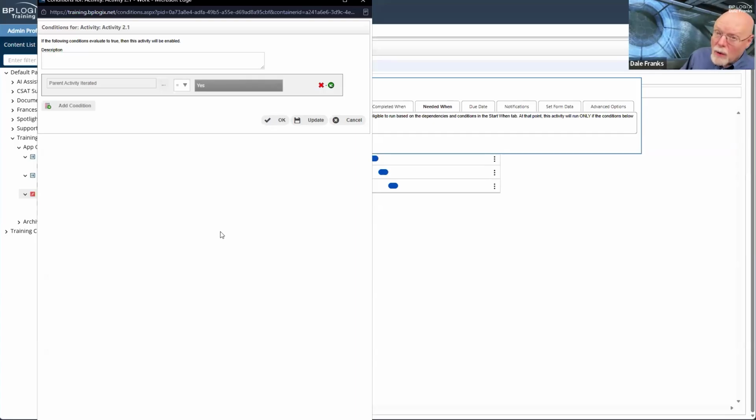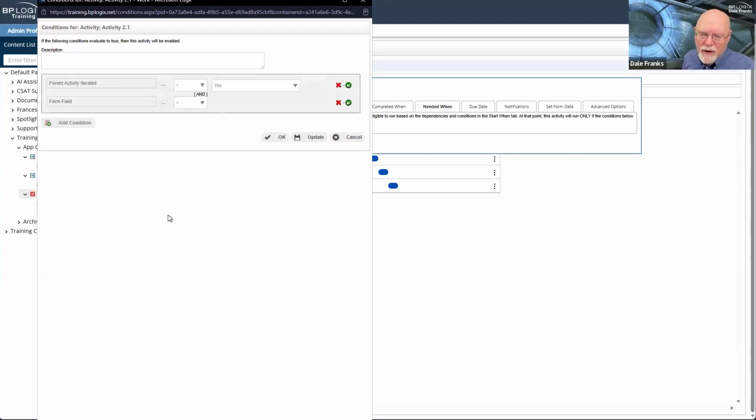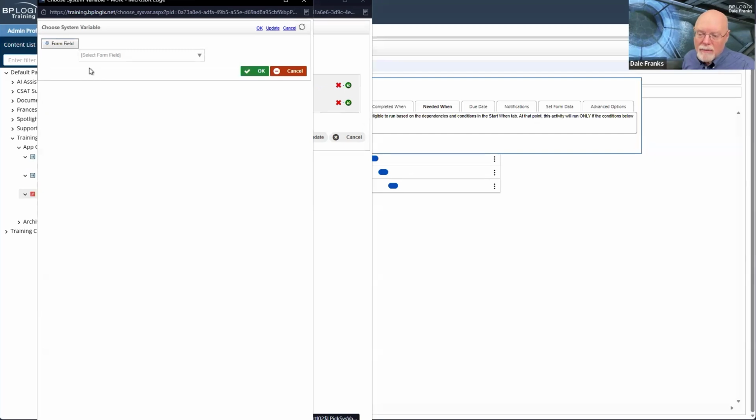I also don't want it to happen unless one of the child results has been deny. So we can add an add condition. I think that's probably sufficient what I have there, but I can also add, and this also works as well. It probably would work without the iterator.